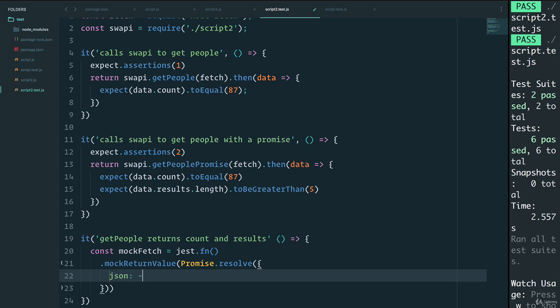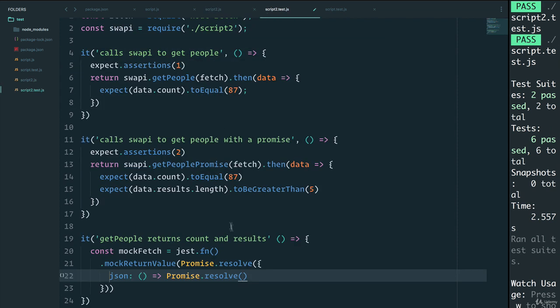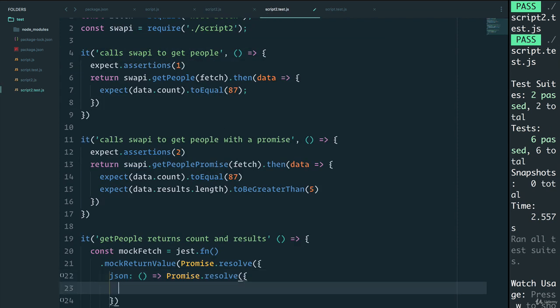And this method, again, is a promise. So again, Promise.resolve. And this part, we're doing the .json. And then we get the data. So we can say that within the resolve, we'll have